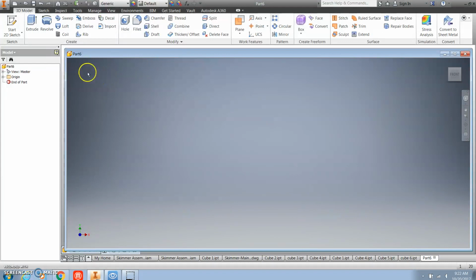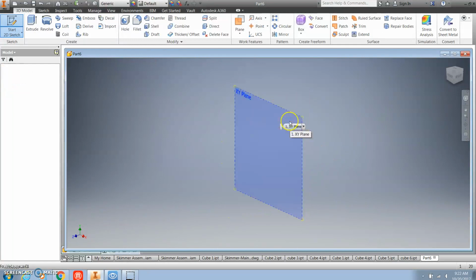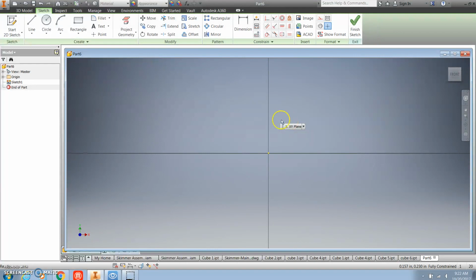And to start this, we're going to click on 2D Sketch and select the XY plane. Now, there are a couple of ways to do this. I'm going to use the rectangle command, and I'll move the mouse over the active window, left click once, and I can drag it out,